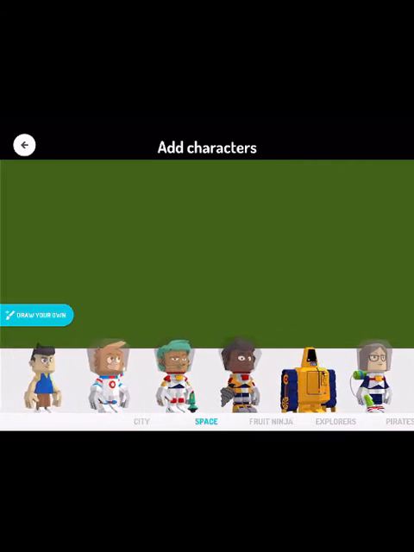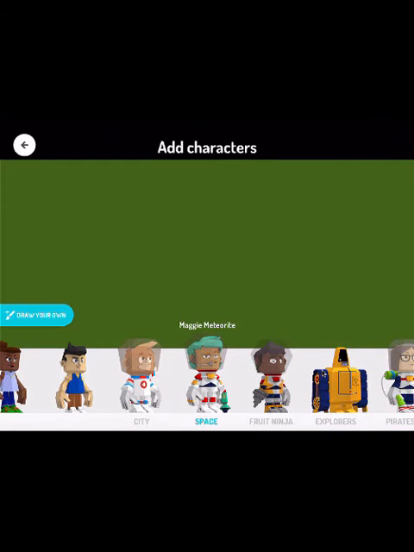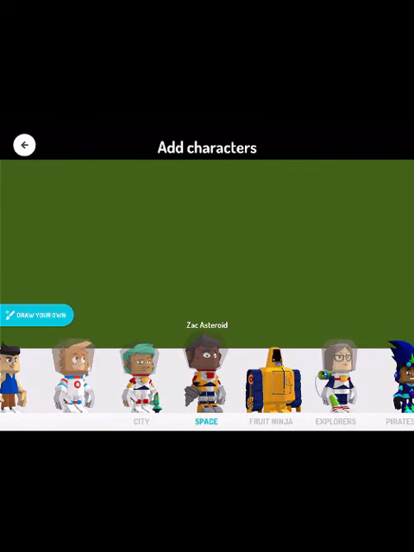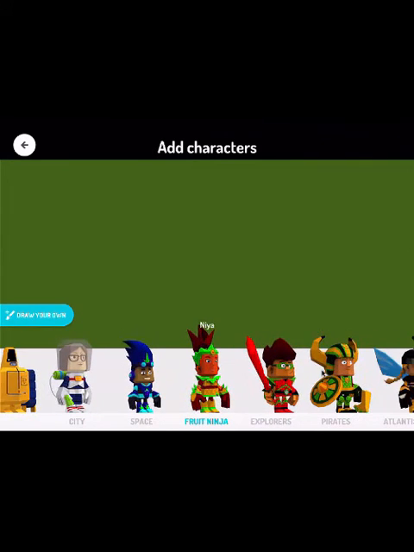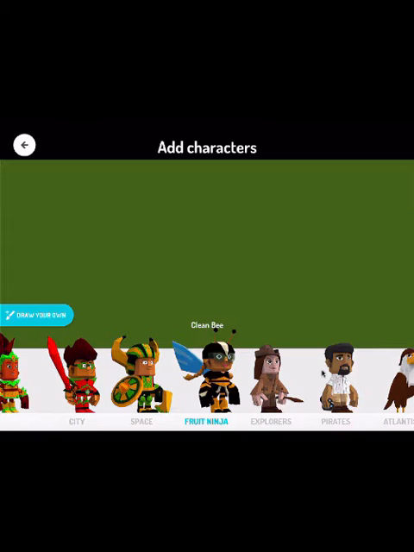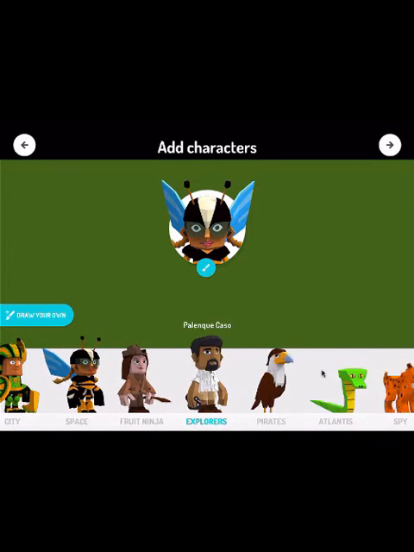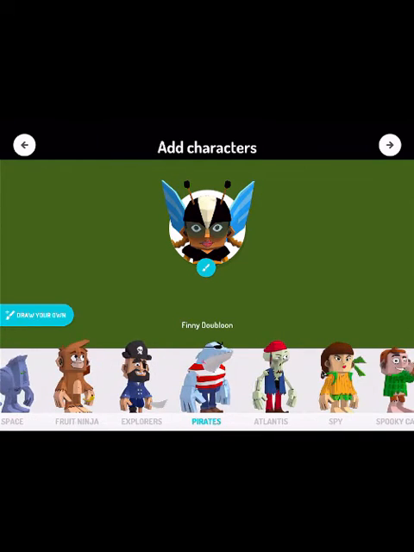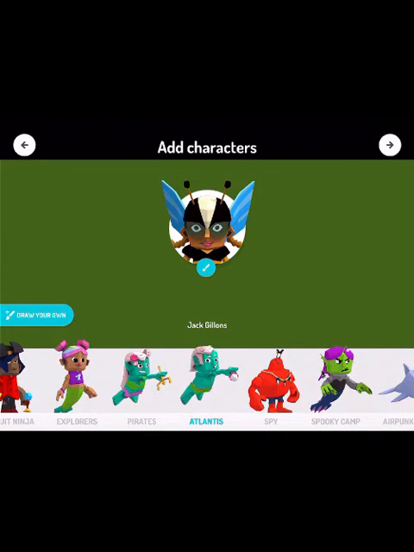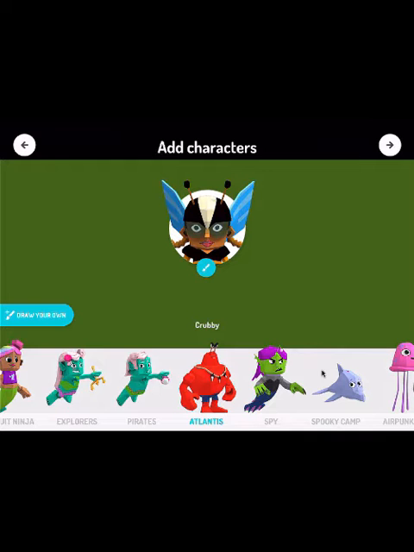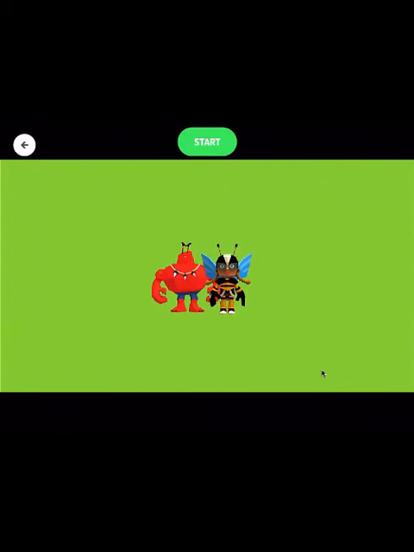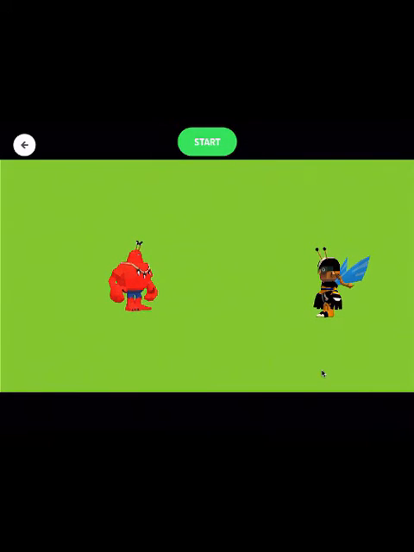Let's see. Maggie Meteorite would be fun because it would make it so her hair was transparent. So I'm going to see if I can find somebody who's looking very heroic with no green. The Clean Bee is looking heroic and has no green. How about Krubby the Crab. And now I'm going to position them on the page where I want and say,